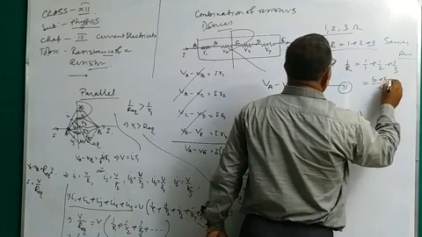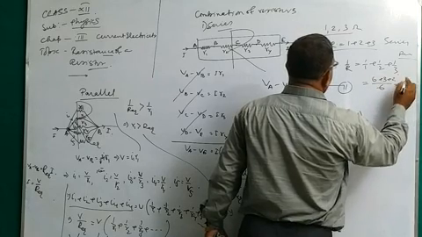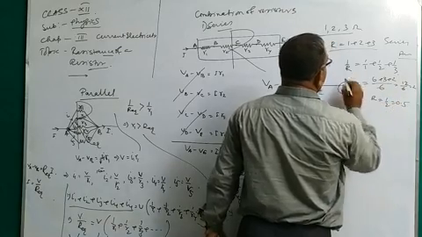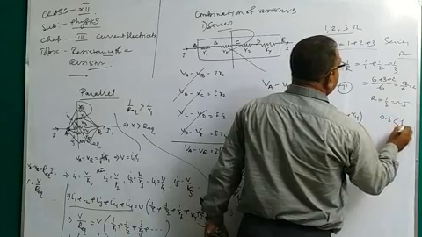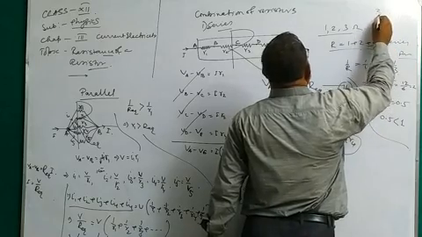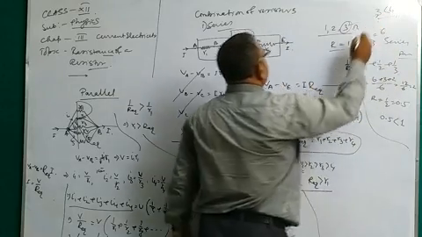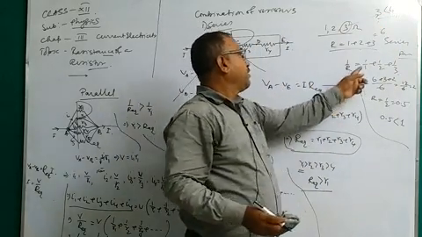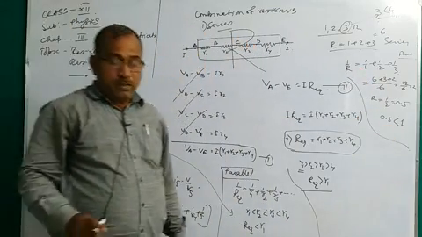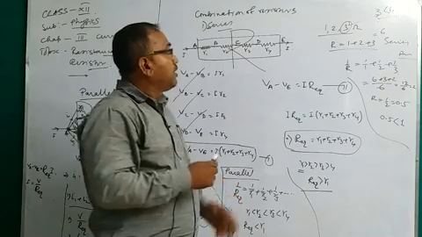6 plus 3 plus 2, that is 11 by 6. R equals 6 by 11, which is less than 1. It must be less than 1. And in series, the sum is 6, it must be greater than 3. With the higher value, the equivalent is more, and with the least value, the equivalent is less. So you can easily prove it. And up to this portion, you try to revise it.